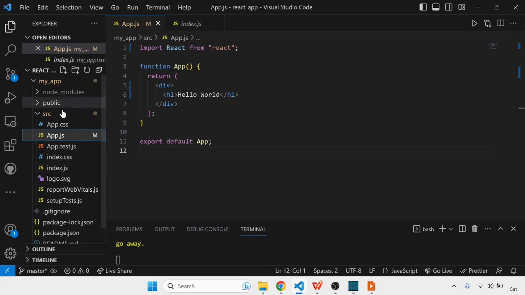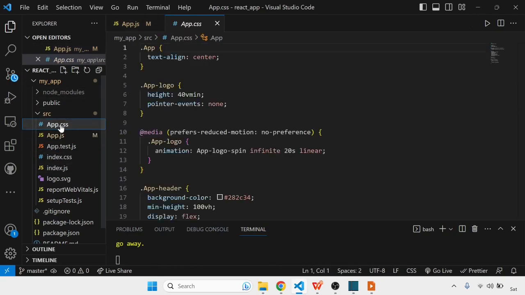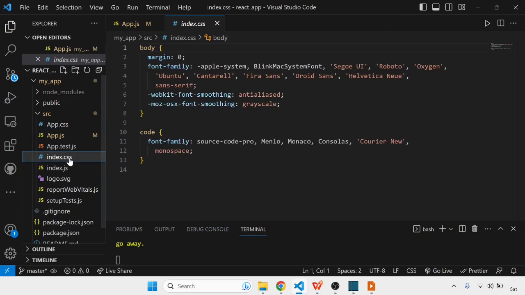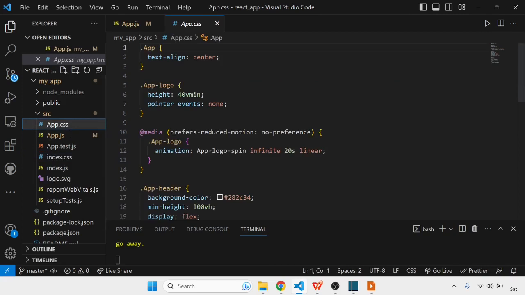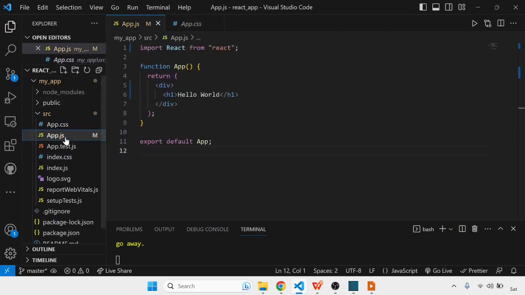And then we have app.css. App.css is the file where we can put our CSS styles specific to the app component. The next file is index.css. The index.css file contains the global CSS style sheet that will apply to the entire application. Suppose you want to mention some style sheets that have to be applied to the entire application irrespective of any component. We will mention them in index.css. You can see here some stylings are mentioned on the body. Whatever styles we mention in app.css will only be applied to the app.js component.